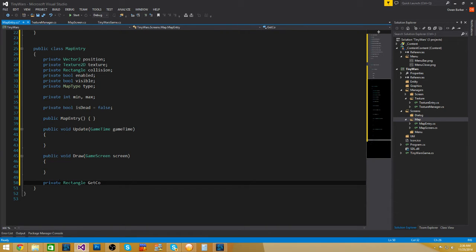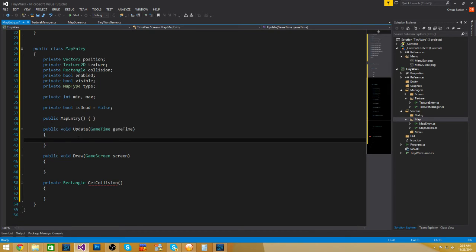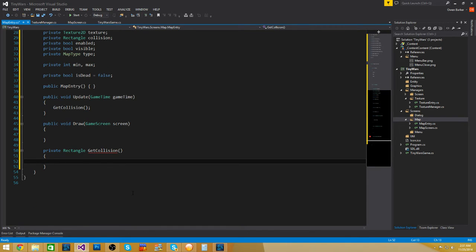GetCollision. This will be sent to the update call. So it's going to update the collision every frame. It only needs to do this once, but I'm going to put this in here anyways. Into the update. Alright, so it's going to return